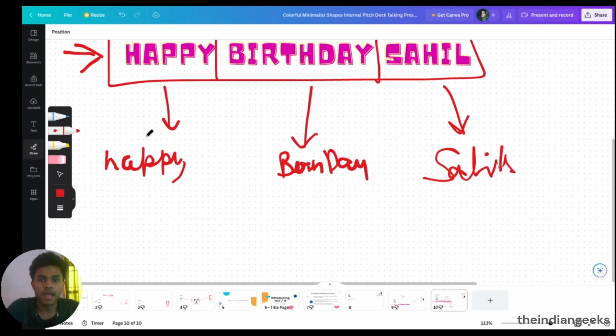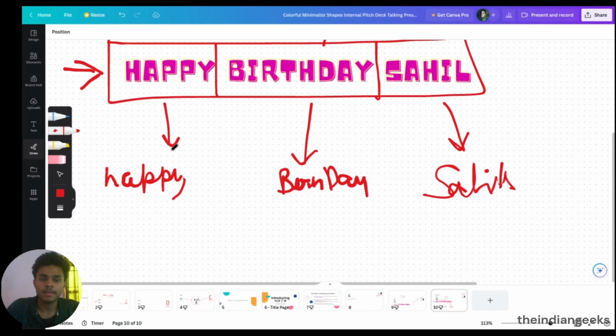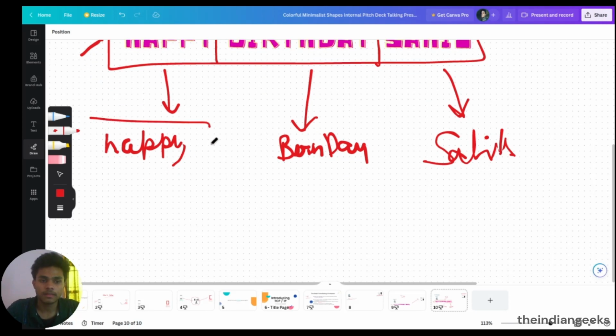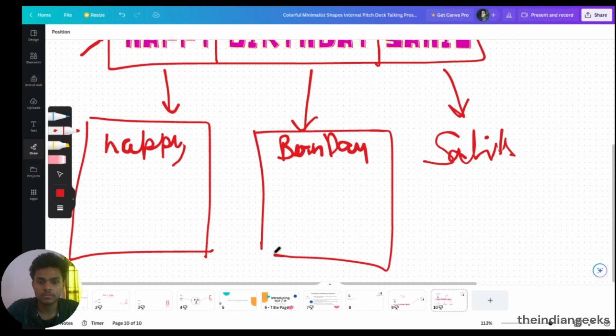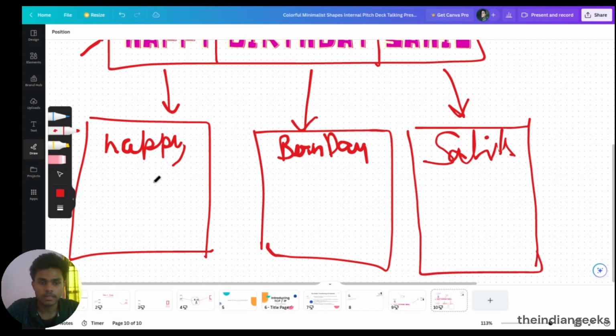These are called packets. So the job of TCP is to divide the whole message into smaller parts, and these parts are called packets. So this will be packet number 1, this will be packet number 2, and this will be packet number 3.